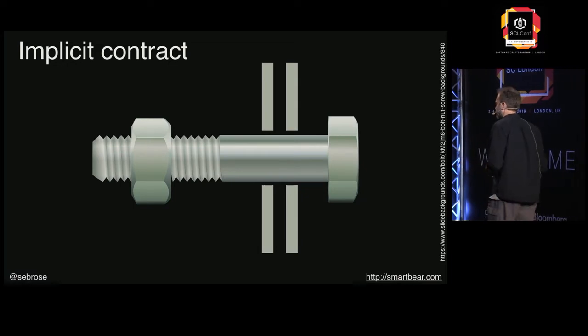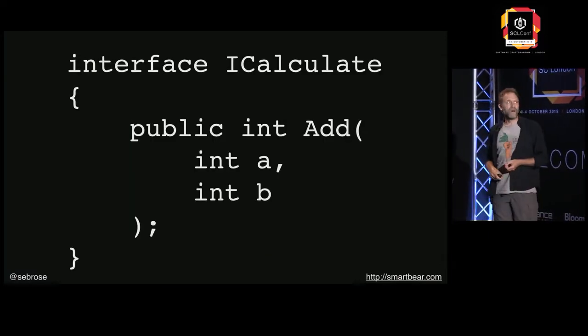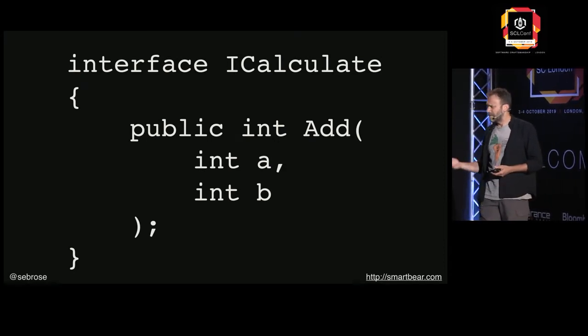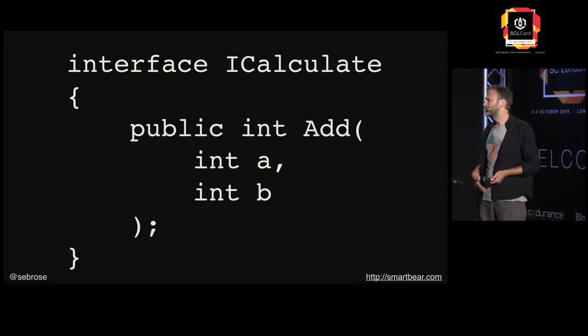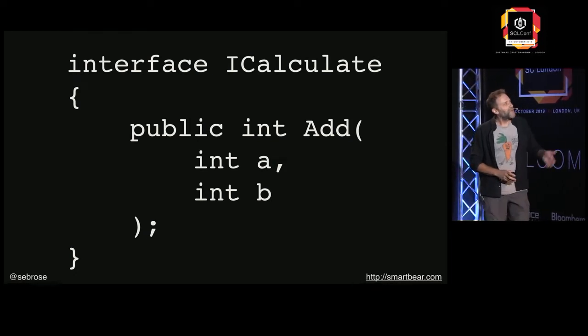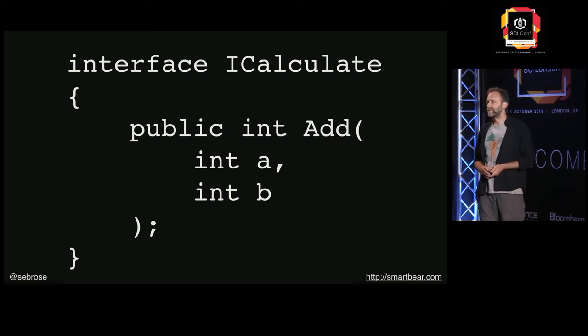These are contracts where you need to think about the context that you're going to use the bolt in. So bearing this in mind, let's look at, I know that people have kept saying that you're mainly Java programmers, but I'm sure that C# is probably within your realms as well. So what's the explicit contract here?